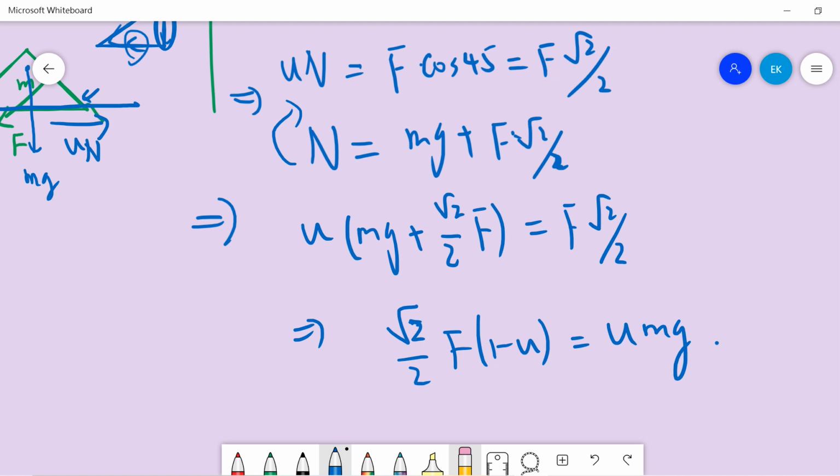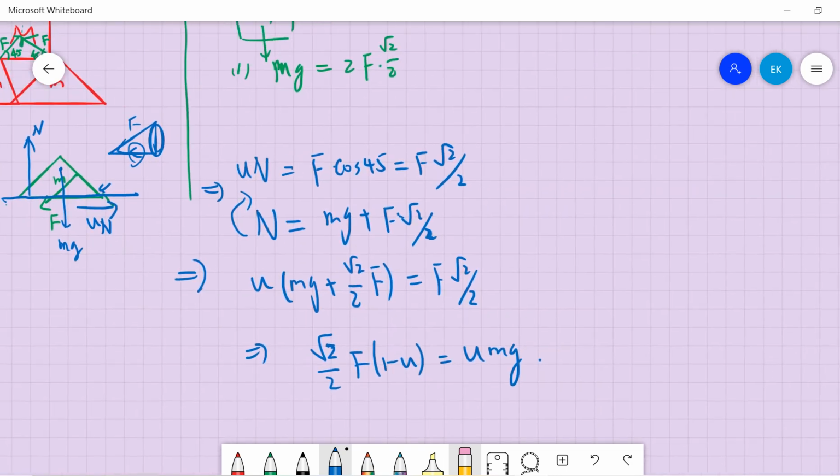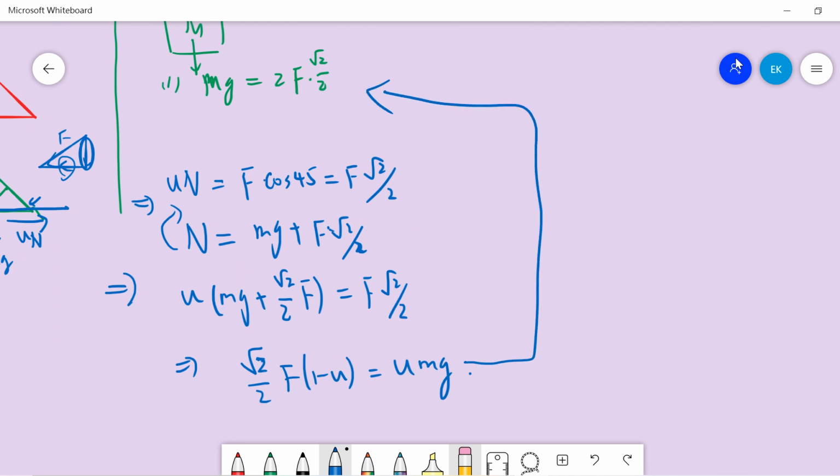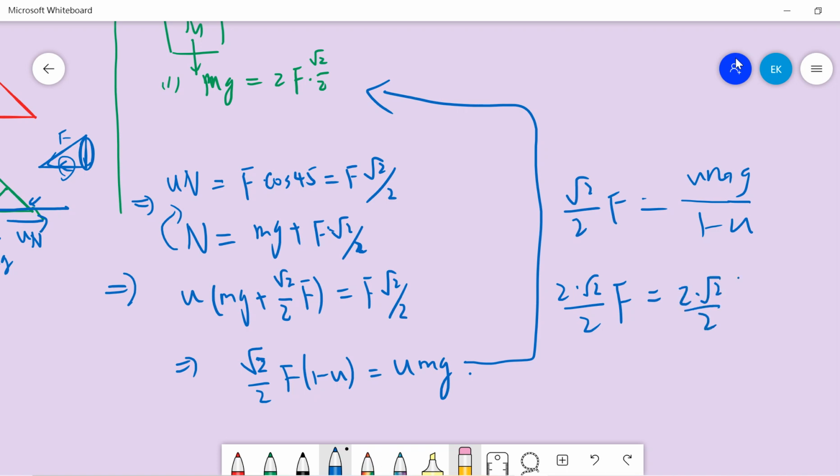Okay, so this is what we have. Then all we did is plug this into this. So we have F equal to mu mg over 1 minus mu. If I multiply by 2 times square root of 2 divided by 2, we have 2 times square root of 2 mu mg over 1 minus mu equals to